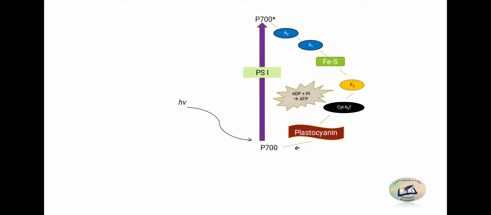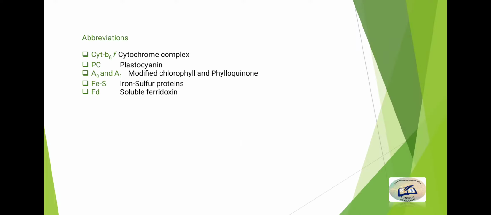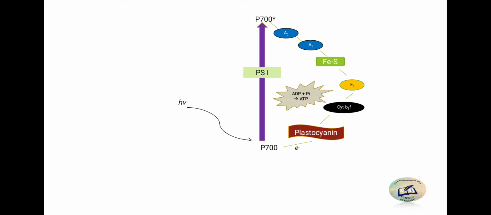So see, there is an energy transition in the particular photosystem where a pair of electrons is transmitted from the ground energy state to a higher energy state, which I have shown as P700 to P700 star. Okay, and then our primary electron acceptor, which is A0, accepts the electrons. Now what is A0? I have told you while teaching the non-cyclic process also. A0 is our modified chlorophyll pigment which acts as the primary electron acceptor. It is a component of P700 only.